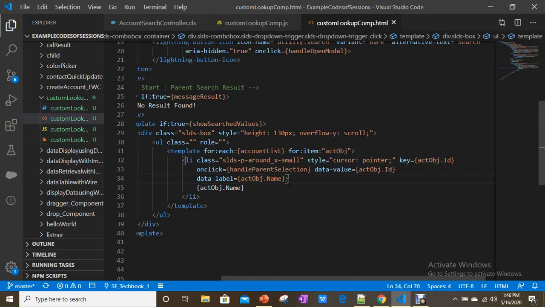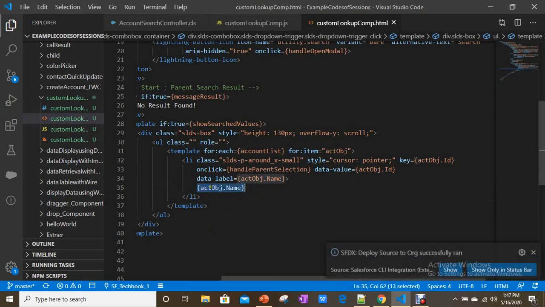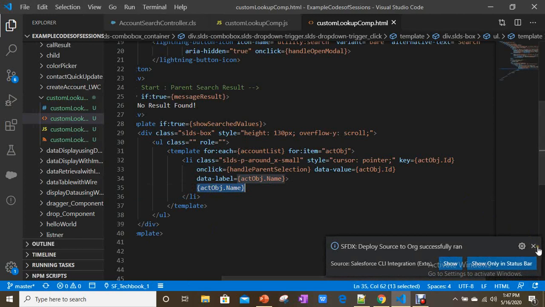Okay, let's see. So this is HTML5. You can have a look into data, how you can set the data for an HTML element. You can understand that. Now what I am displaying, for each list item, I am displaying the account name.